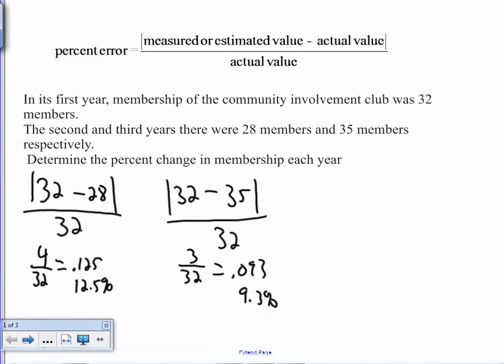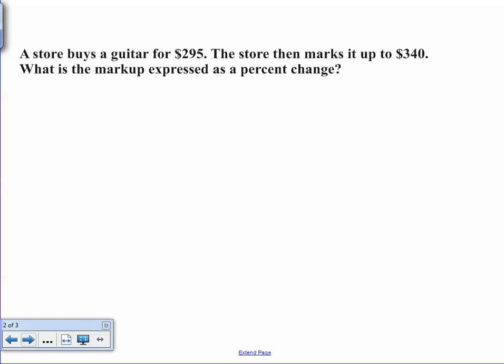Let's look at a couple other ones. A store buys a guitar for $295. The store then marks it up to $340. What is the markup expressed as a percent change? So you're going to use the formula. You're going to do the measured, minus the actual, which is 340. All right, and this is absolute value over